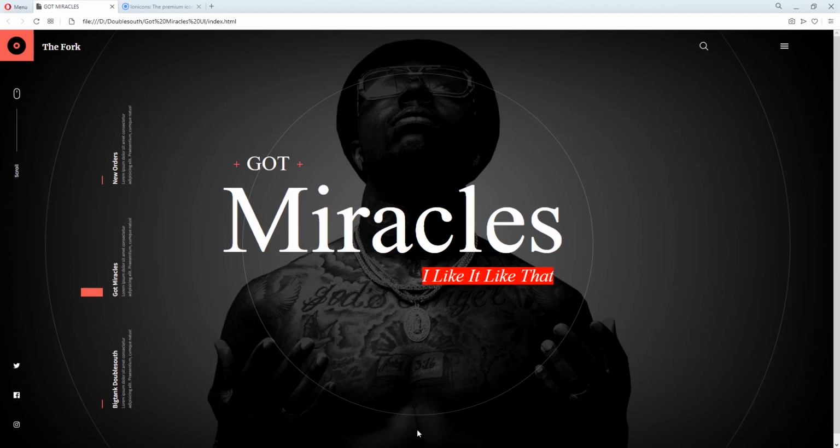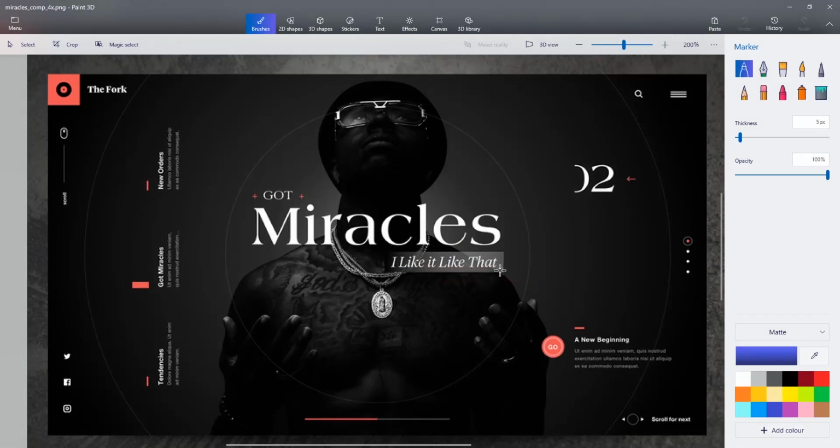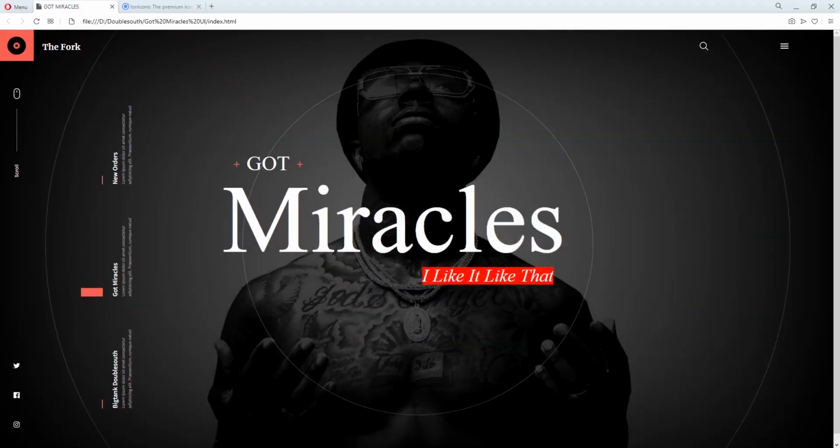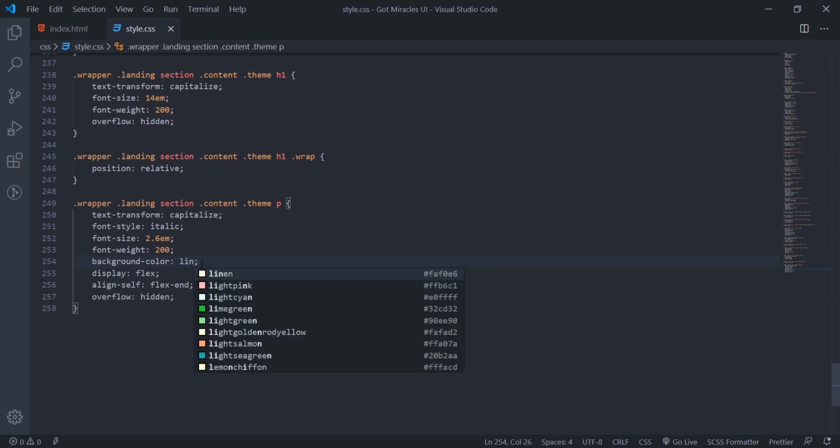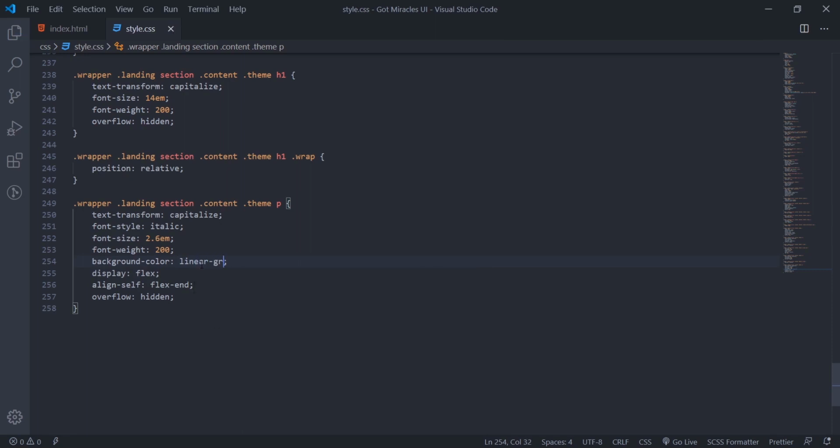So we'll give that gradient color. We'll remove this red. We just say linear gradient.